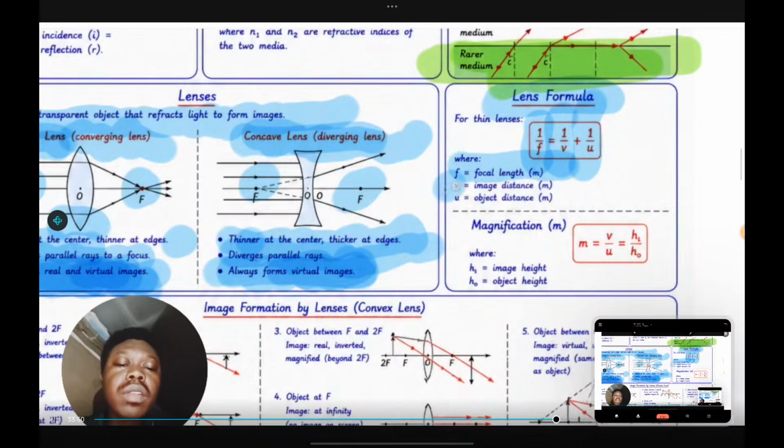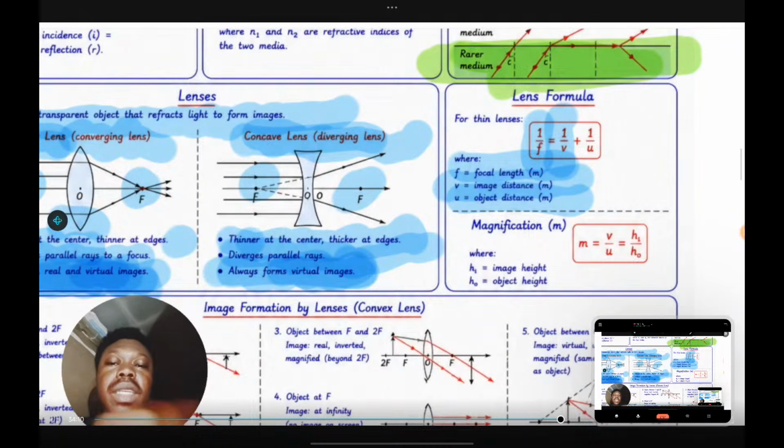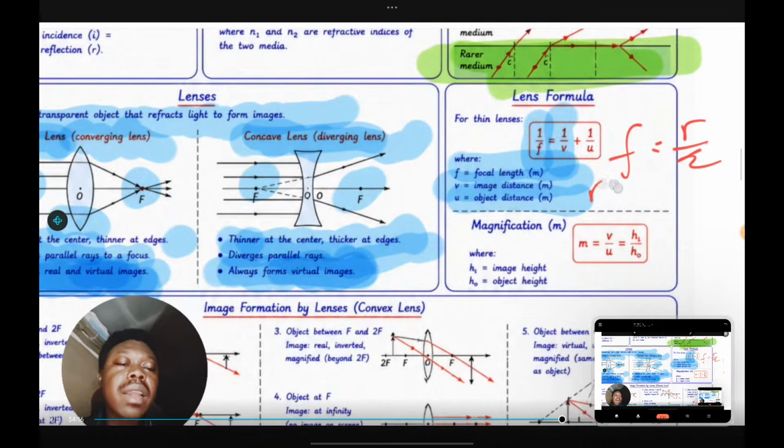While your F is your focal length, your V is your image distance, and your U is your object distance. If you are given R, how are you going to find F? How are you going to find F if you are given R? Is it R over 2 or R equals